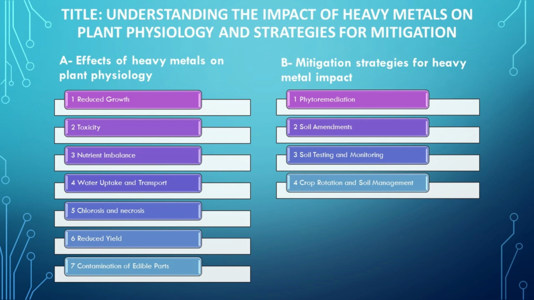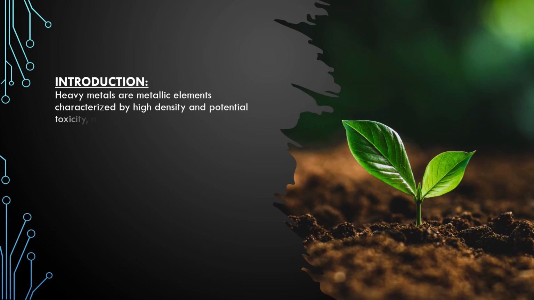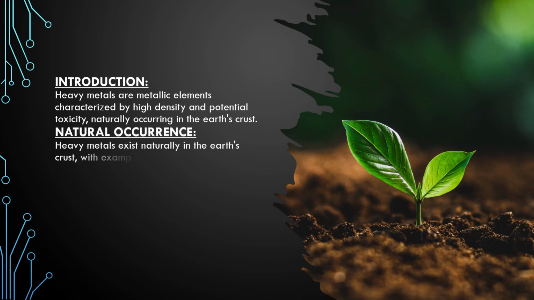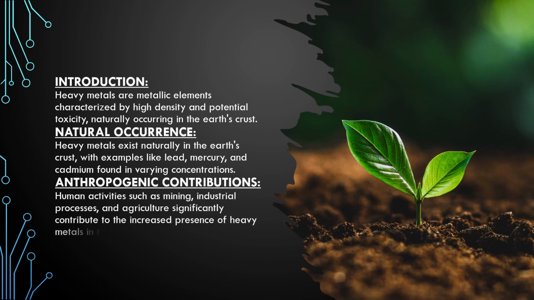1. Phytoremediation, 2. Soil amendments, 3. Soil testing and monitoring, 4. Crop rotation and soil management. Let's discuss first. Introduction. Heavy metals are metallic elements characterized by high density and potential toxicity, naturally occurring in the Earth's crust. Natural occurrence. Heavy metals exist naturally in the Earth's crust, with examples like lead, mercury, and cadmium found